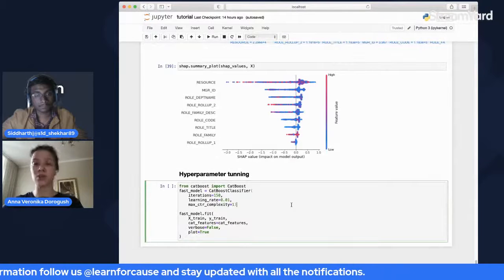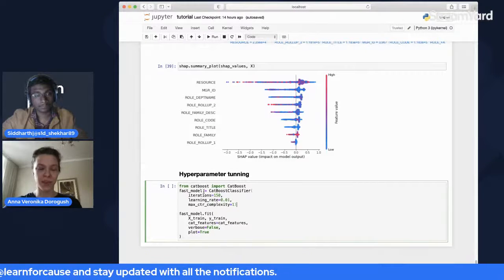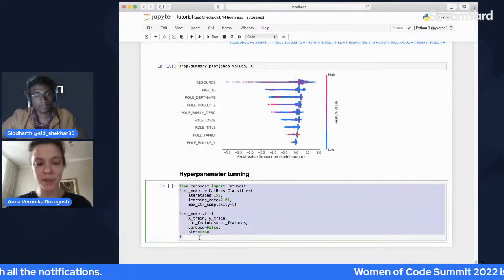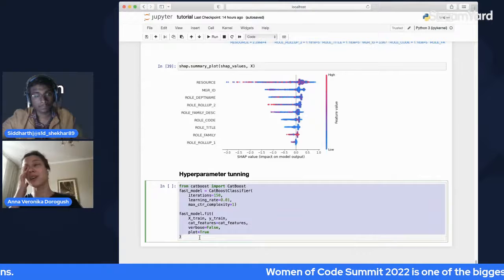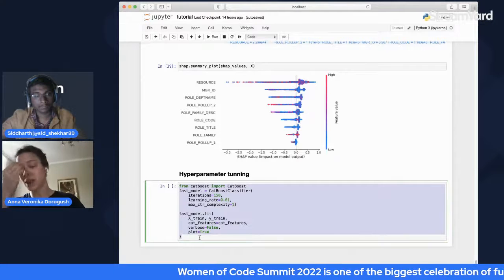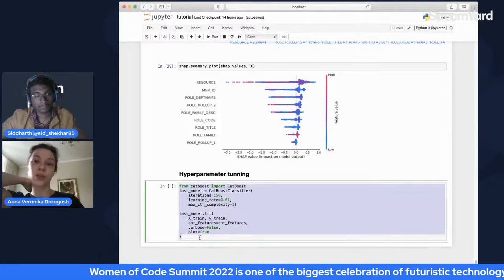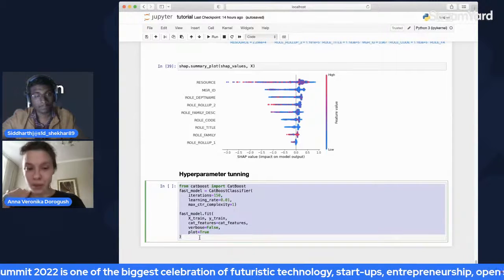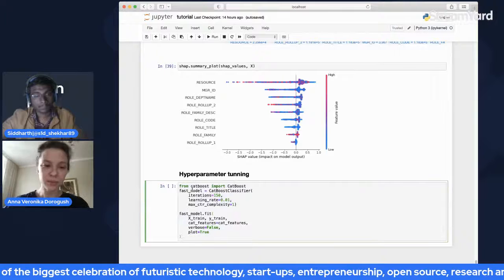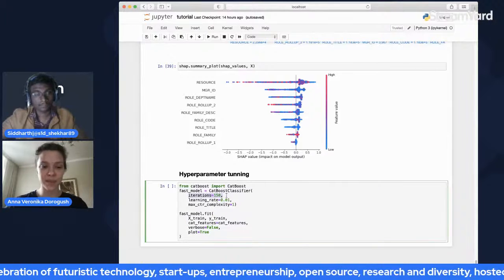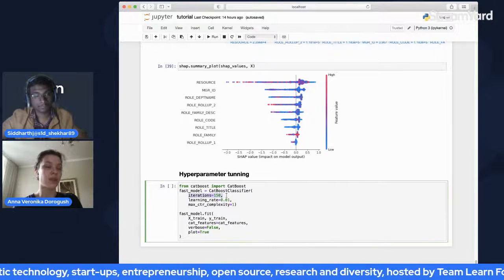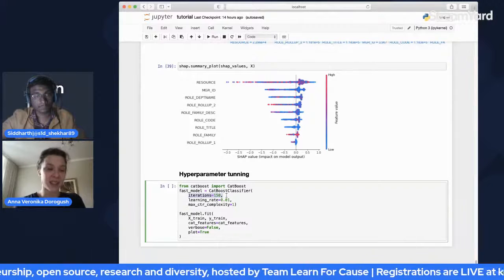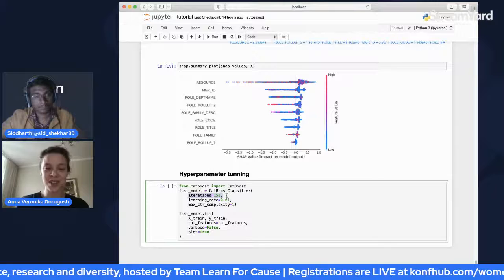And one more thing that I want to tell you about is hyperparameter tuning. I will not tell you about all the hyperparameters. There is a bunch of them, and I strongly suggest you read some tutorial about hyperparameter tuning later if you work with CatBoost or play with CatBoost. But the most important ones that you have to know are the number of trees, which by default is 1000, which is a very good default. For many datasets, it's really good. You don't have to change it.